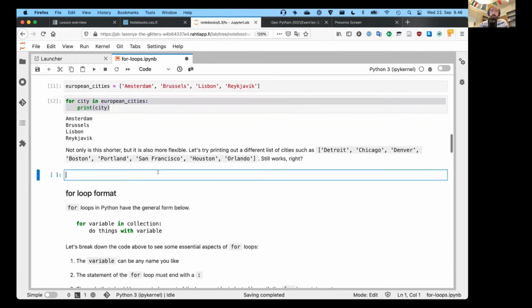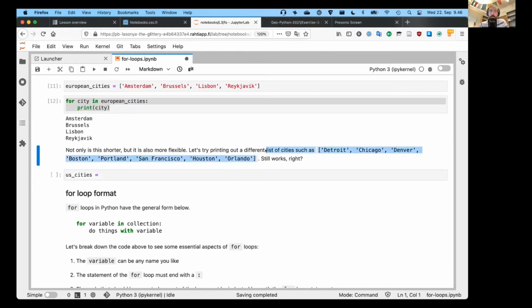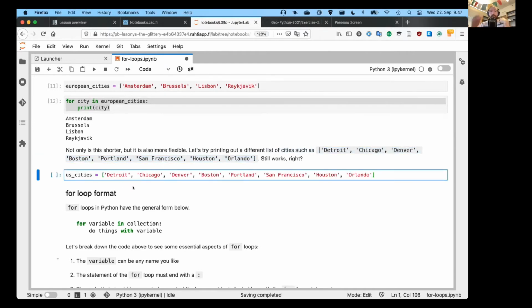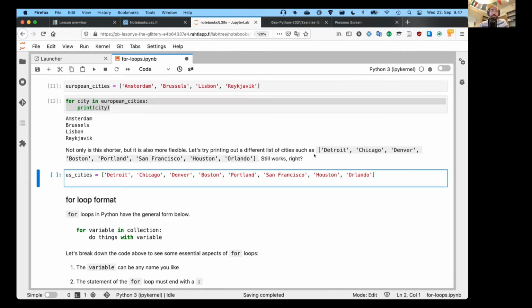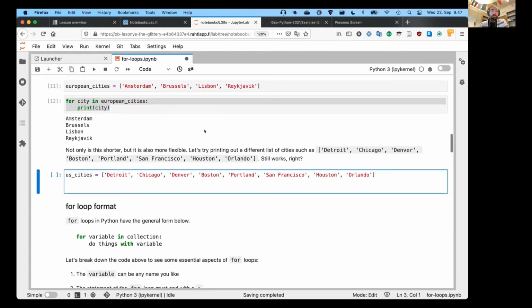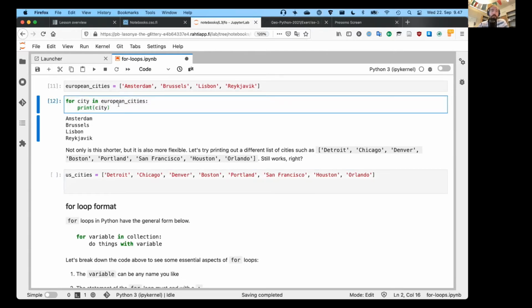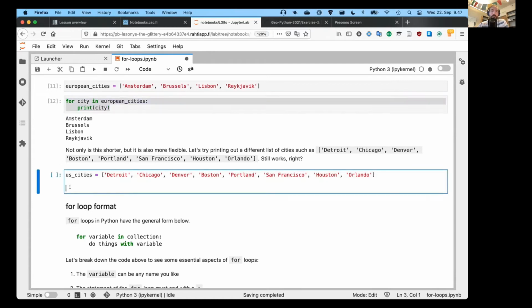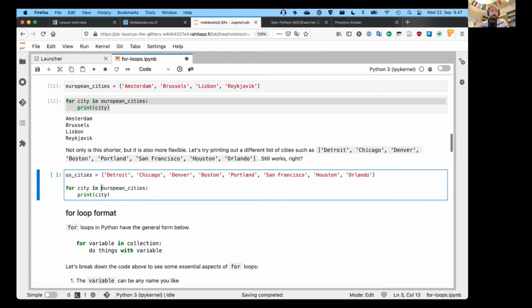But in addition, if we wanted to modify things, let's add a list here of US cities, and we'll say that's equal to, and I'm just going to copy paste this. So copy the list of cities there. So now we have our 1, 2, 3, 4, 5, 6, looks like 8 US cities. And following the same example that we had above, we can define our list of cities, and then I'll just copy this from above, copy that and paste it, and I'll change here